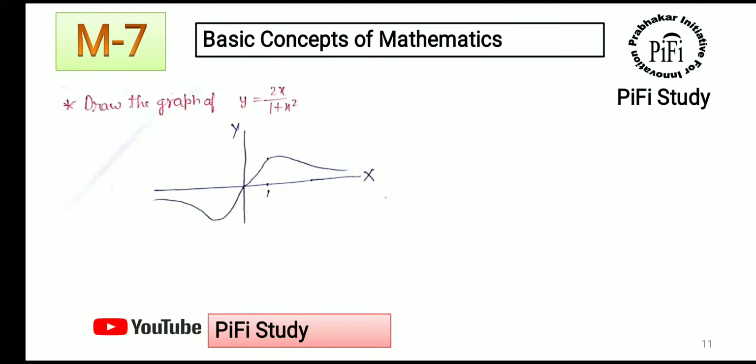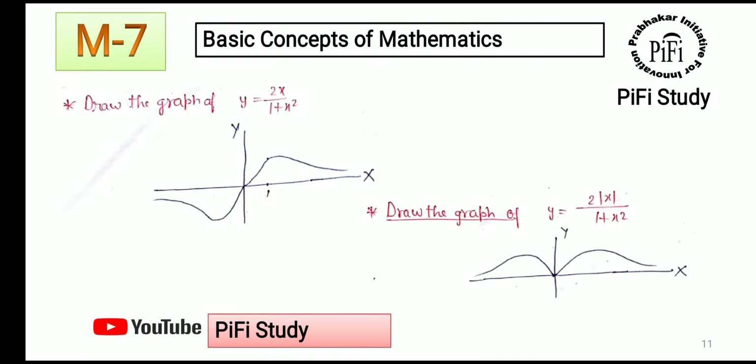and you will get the plot for the whole graph. y is equal to 2x, y is equal to 2x plus 1 plus x square. Then draw the plot for this. So this is a plot where the mod is taken only for x, it is not the mod of the whole function. So if mod is taken only for x, then take the symmetry about the y axis and do not consider the negative portion of the x axis. So you will get a plot like this.